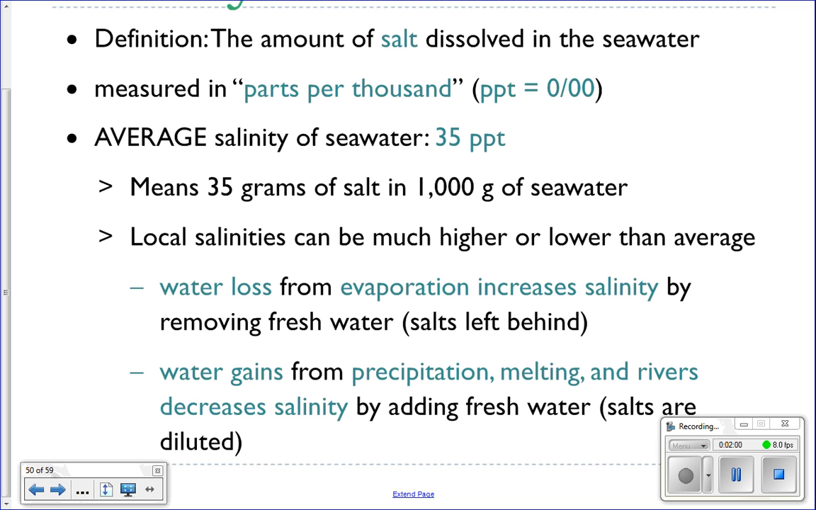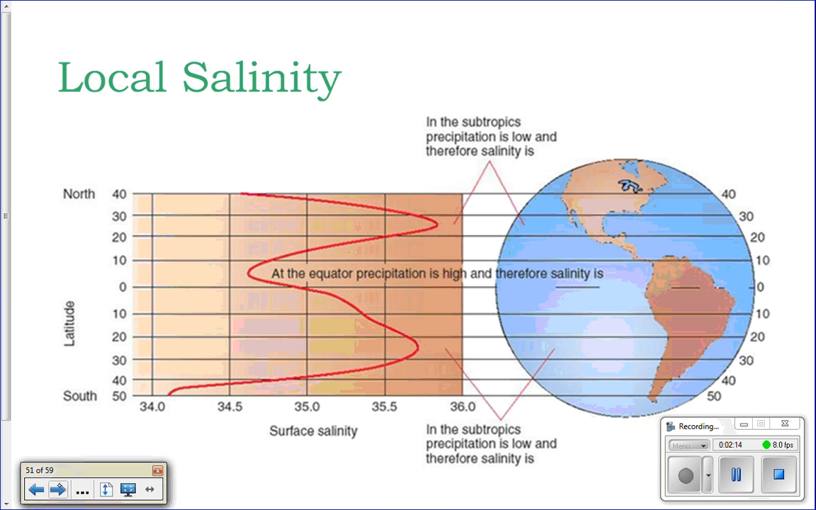Also, you can adjust the salinity by adding fresh water. So if you're in an area where there's lots of rain or there's a river running into the ocean, that will be adding fresh water, which will make the local salinity in that area less than the 35 parts per thousand. This picture here represents the local average salinities of the surface waters by latitude,